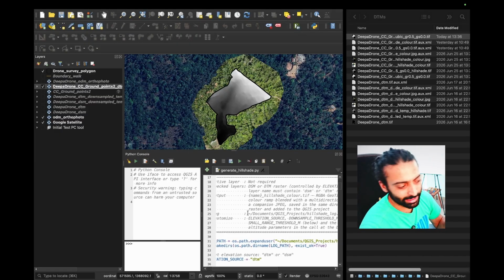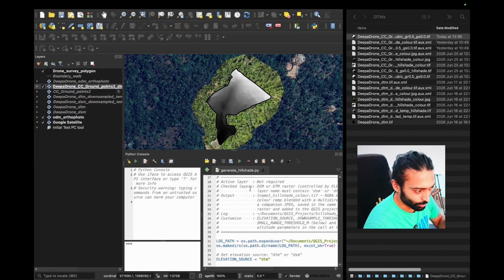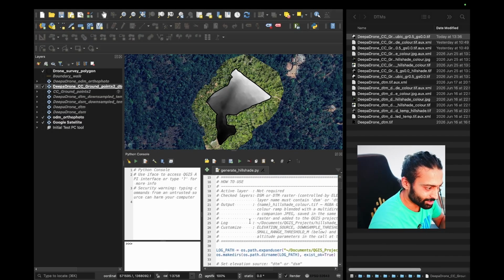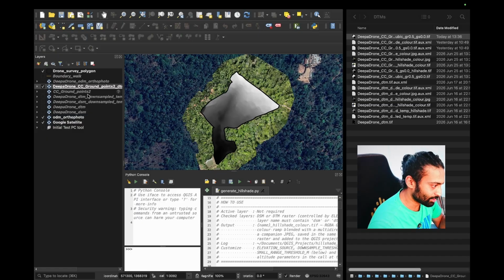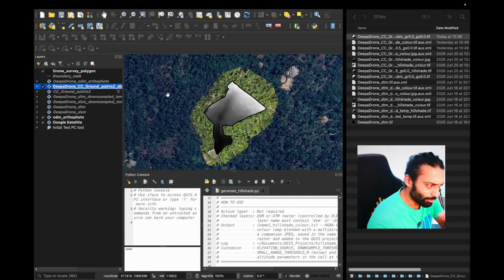We have a detail about how to use the script. There's a how to use body of text in the script, but we don't really need to look too much into it. I'm just going to go ahead with using it. But mainly I need to select a layer with DTM as a suffix, and there has to be only one layer which is selected which has DTM in the suffix. So I'm going to use the most recent file which we've added in, that's the DTM,